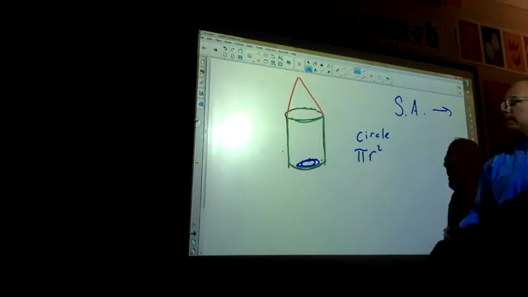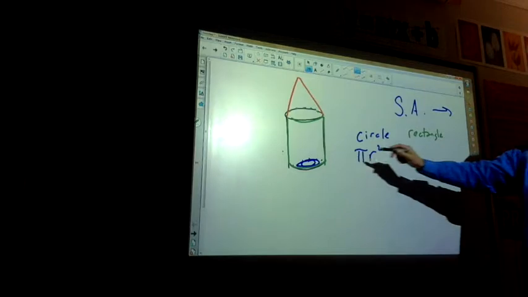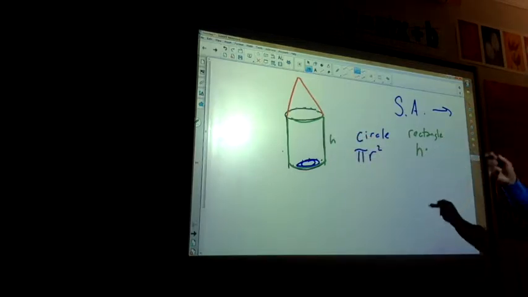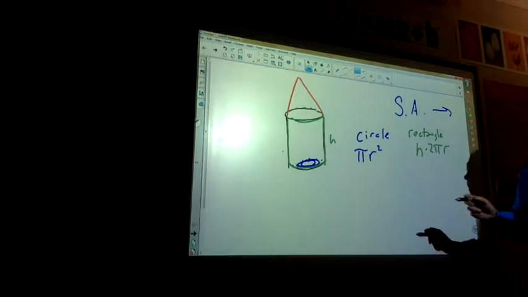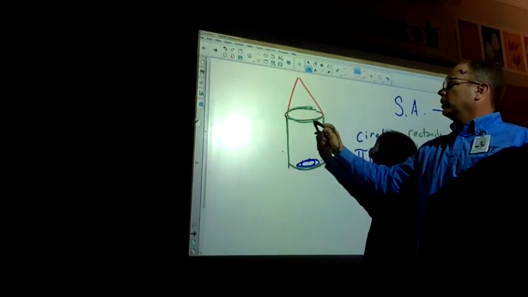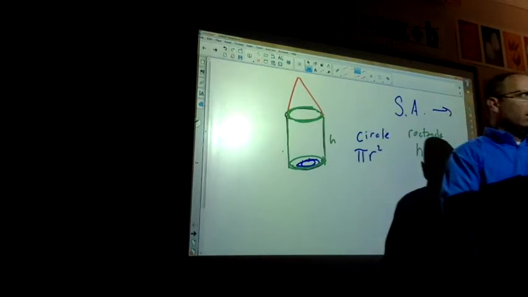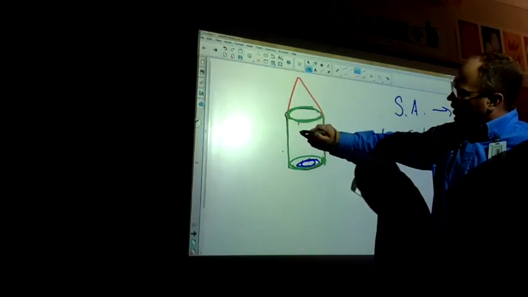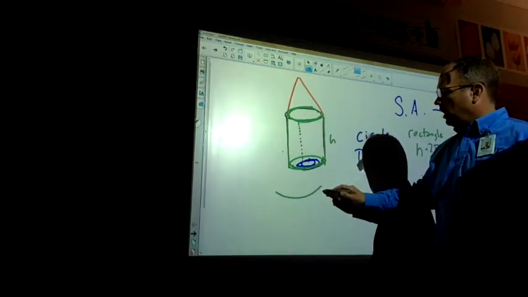So that's a rectangle, correct? So I have a height, so you're going to use the height times the circumference of the circle. Correct? So the circumference of the circle, this distance around here, if I were to cut this apart and lay that flat, I would have a rectangle. If I had made this initial cut right down the side, and then said, let's try and start laying this out,